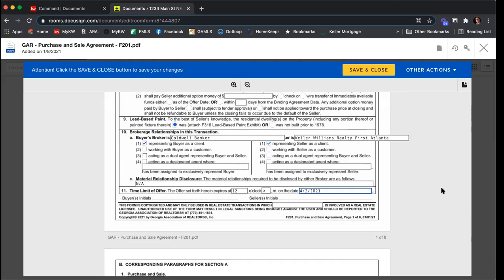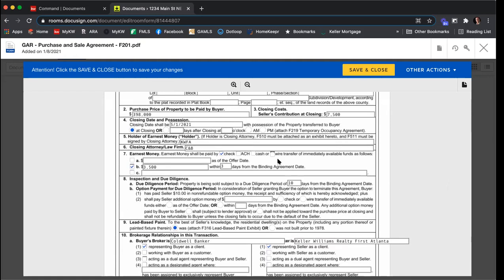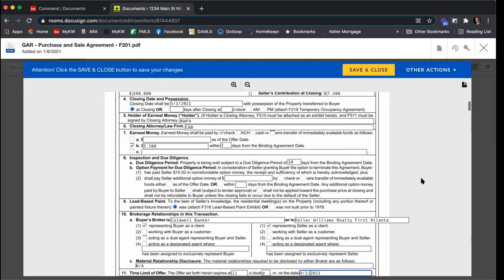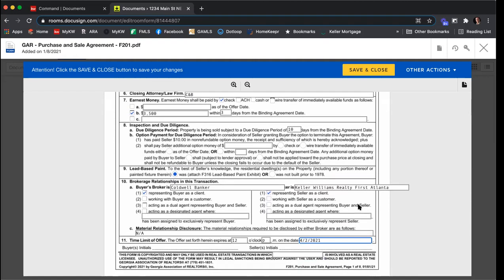Now, I will say this is when you start working with buyers, your offers are probably going to be somewhat similar, knowing that they have specific needs and wants when they submit an offer. So you may be able to use a lot of the same information and just update it with the new property information. So not everything's going to have to be overwritten, but do double check to make sure